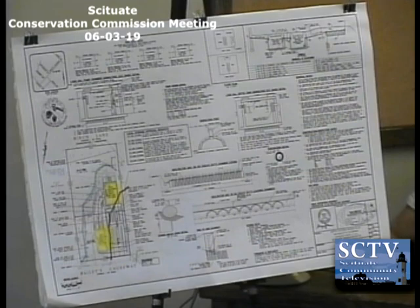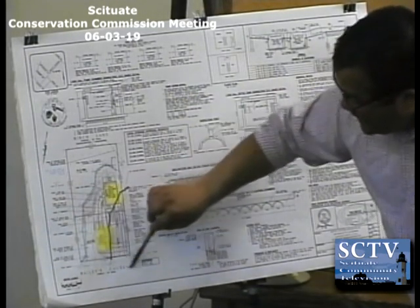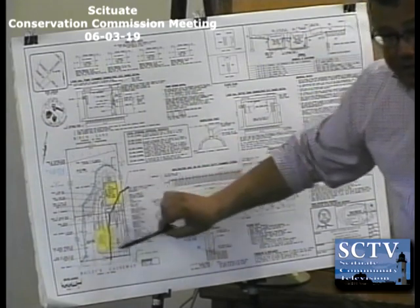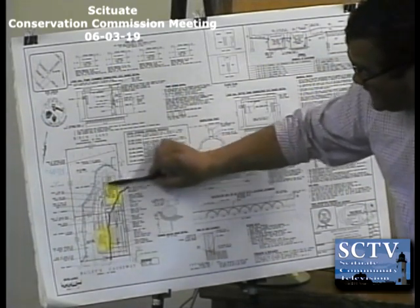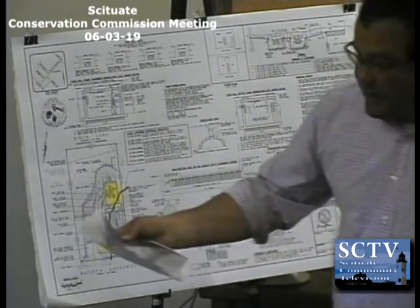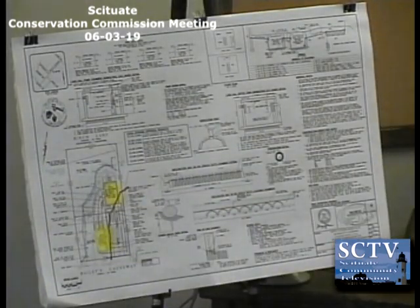Familiarizing you with the site, looking at the plan, Bailey's Causeway is at the bottom of the page. The property line is in black here. The front home I've highlighted in yellow. This is number 36. The back home, 36R, I've highlighted in yellow as well. When we first looked at this site, we went out, and I'm going to pass some pictures around as well. We went out with our wetland scientist, Brad Holmes, who's a professional wetland scientist. We had him delineate the wetlands at the site,